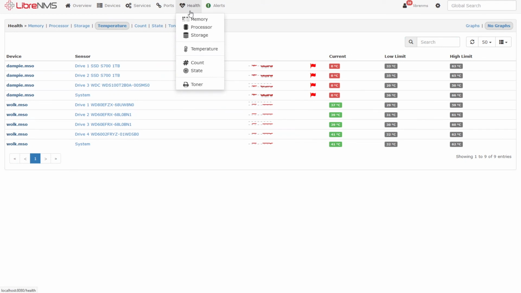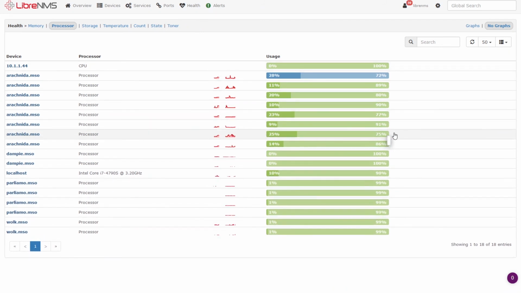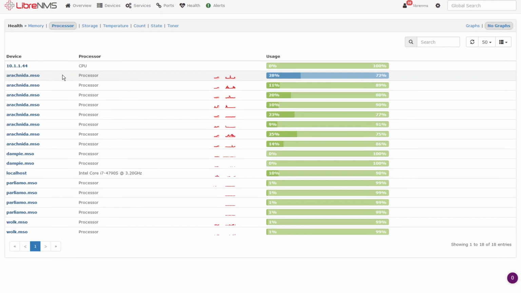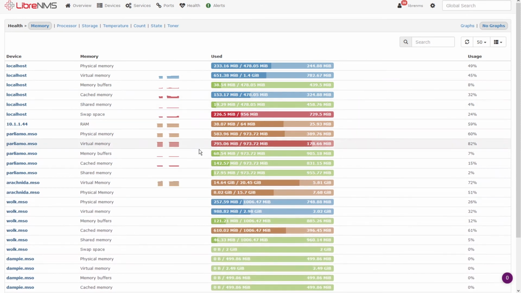Going back to the health, we can also look at processor load, and there we can see that the processors that I'm currently monitoring are not really busy. The only one that is busy, 28%, so it's not very busy, is the one on the Windows computer on which I am recording this particular video. So that seems fine. If I look at memory, then that